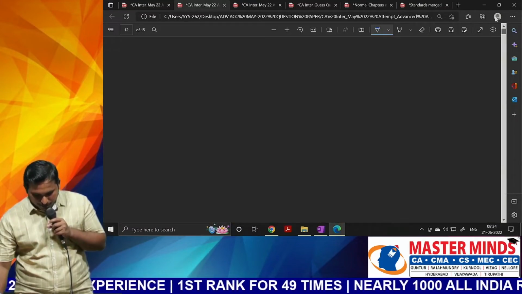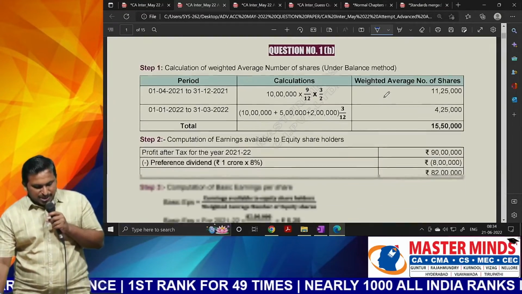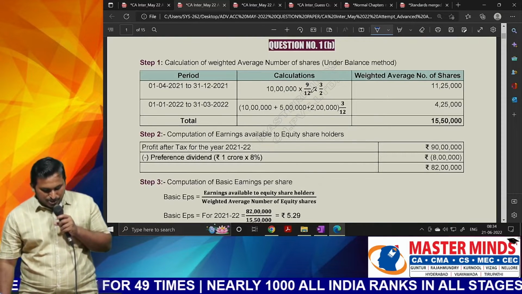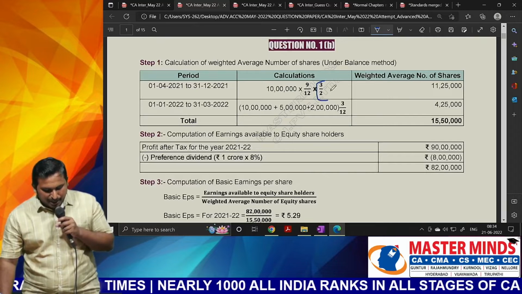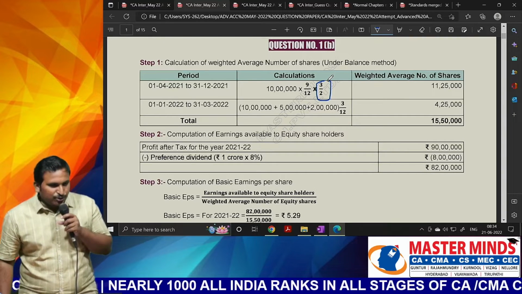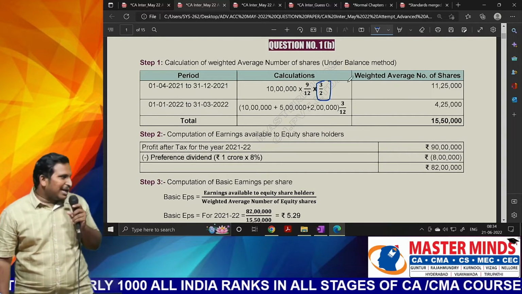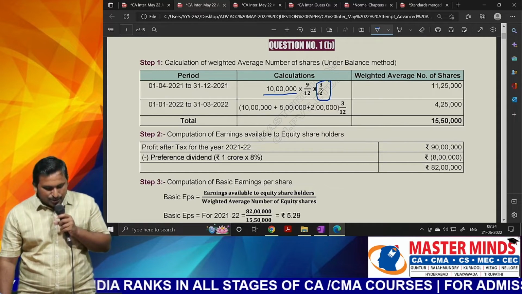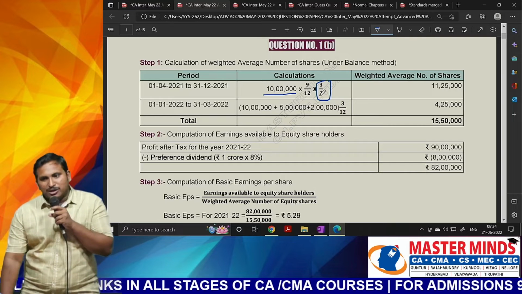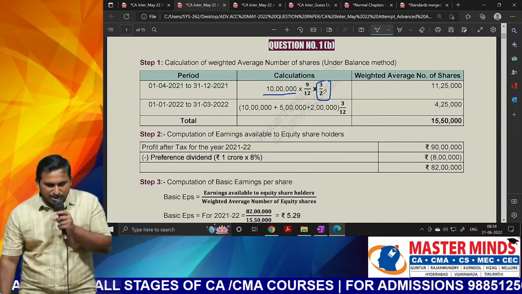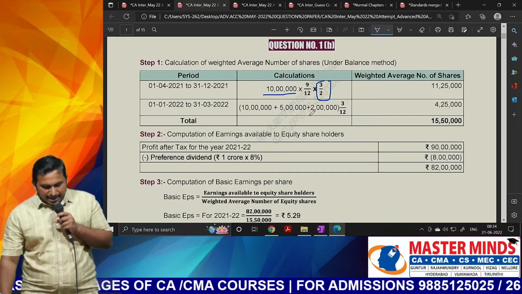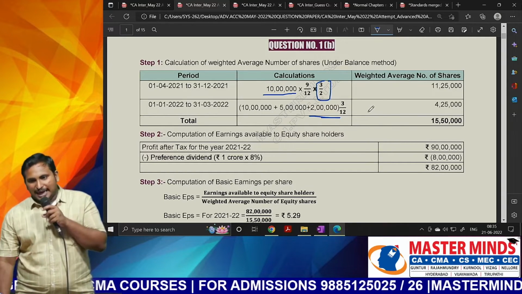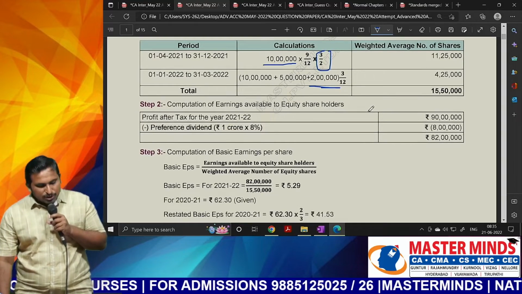The answer also. Of course, I have said you both period approach can be used, transaction wise approach can be used. Here they try to use that period approach. For the first 9 months, they try to make it inclusive of bonus into 3/2 directly. Or else you can add that bonus also, then also you'll get the same. Because 10 lakhs plus 5 lakh also gives you 15 lakhs, or 10 lakhs into 3/2 also gives you 15 lakhs. Both the way it is same. Now here they are adding that 2 lakhs for the last 3 months. They are following that period approach, sir. You can follow transaction wise approach also.